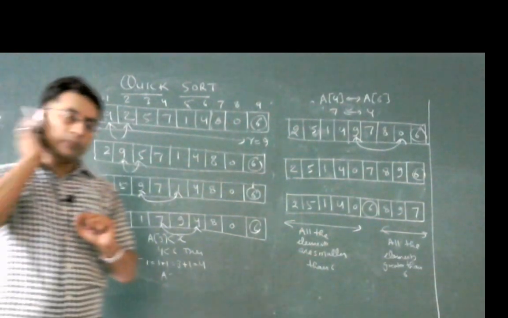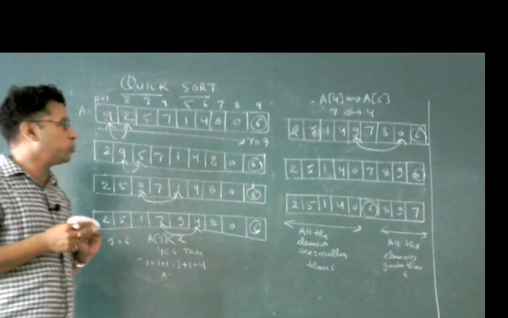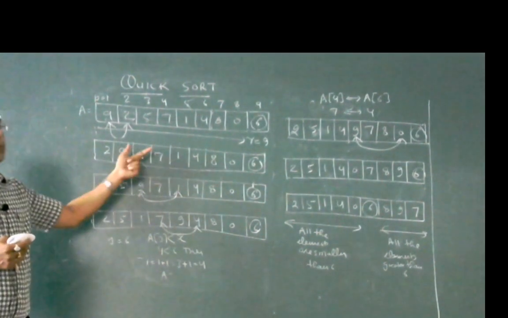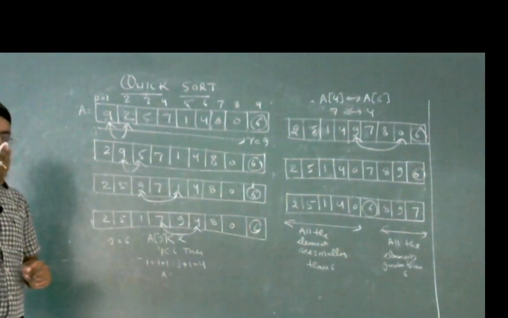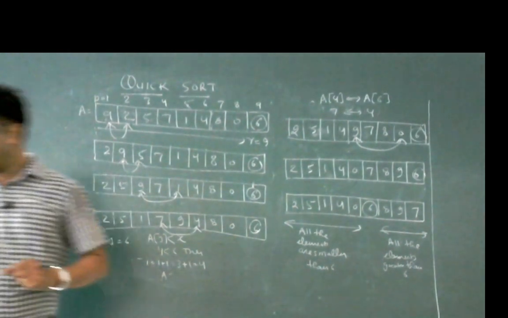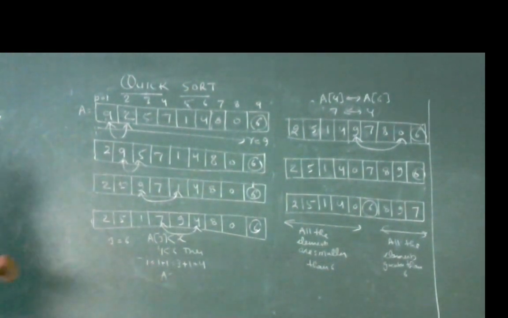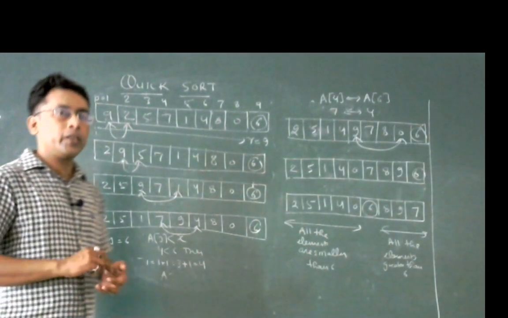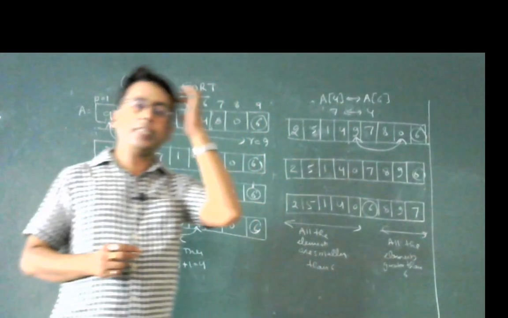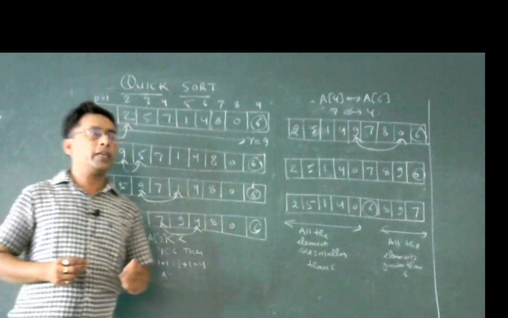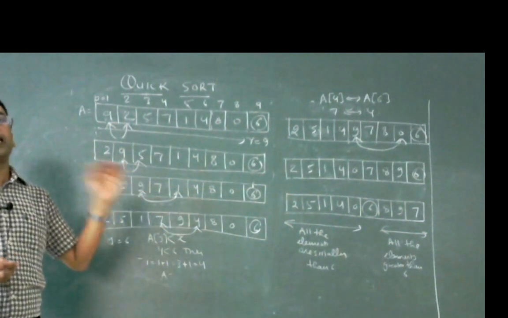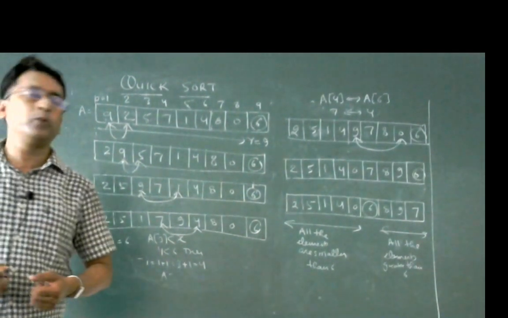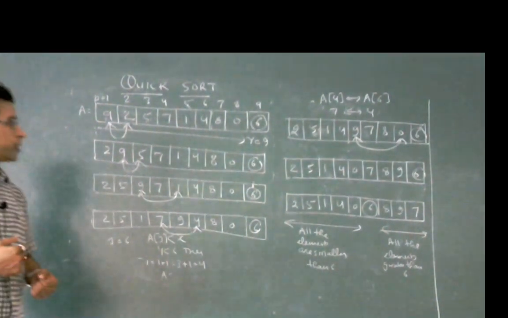This is very easy to understand if you practice it, and I am going to explain the complexity of this algorithm. The complexity of quicksort varies in three different cases. In the worst case, it is theta n square. In the average case, it is theta n log n. So how shall we compute the complexity of this quicksort algorithm? Let's understand.